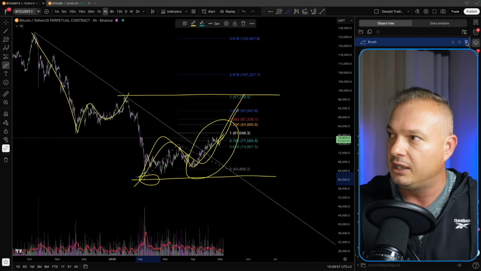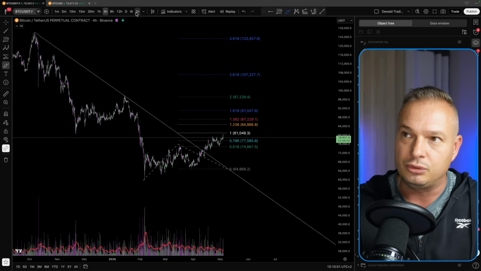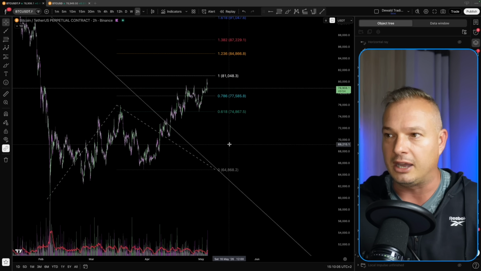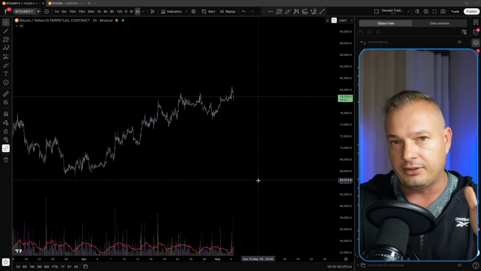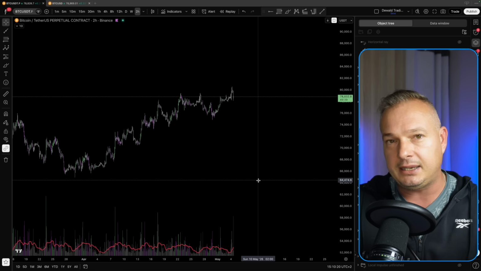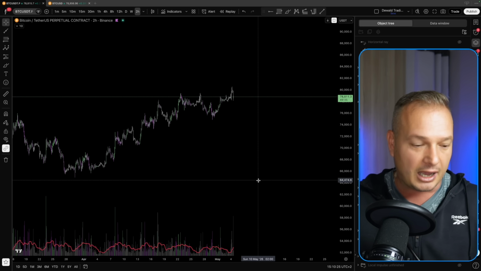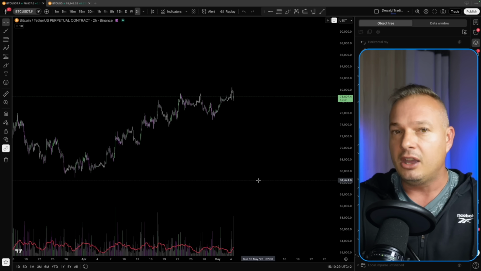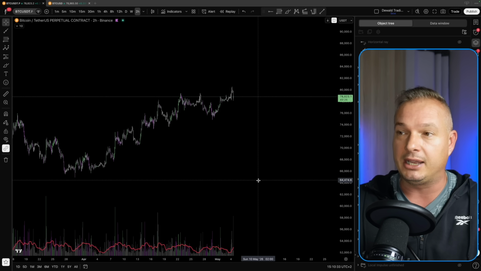Okay, so now let's dive into the smaller time frame. I'm going to go here onto the 2-hour time frame and just look at this structure that is now formed here to the upside. So I'm going to keep it extremely simple over here. There's basically always, for me as a technical analyst, a bullish and a bearish case scenario. I have to focus on both sides of the token because I cannot have one directional bias.